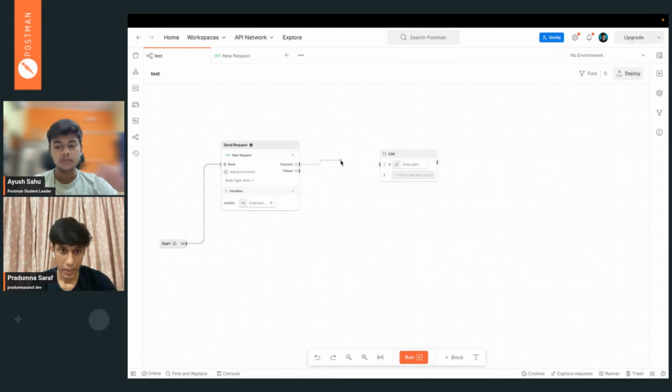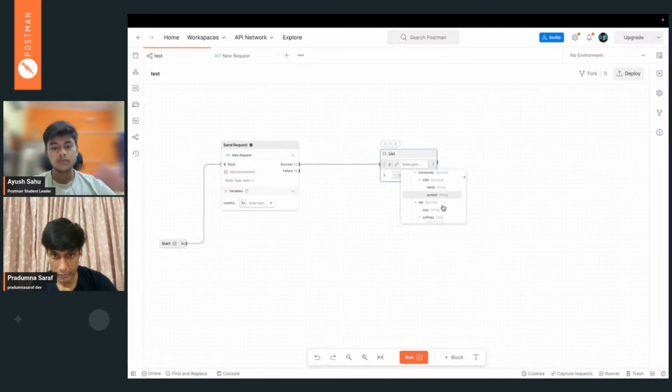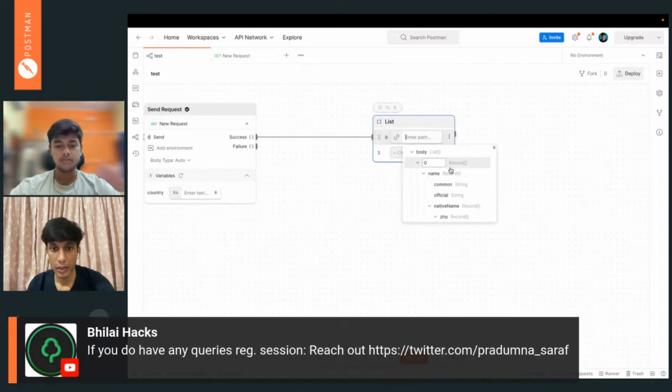For example, from the success, we just need a status code.